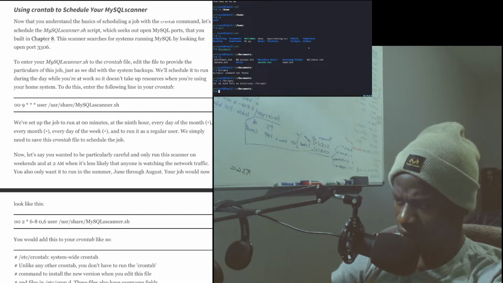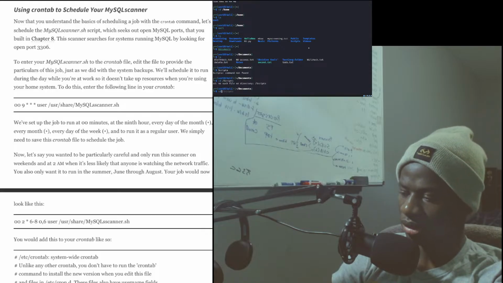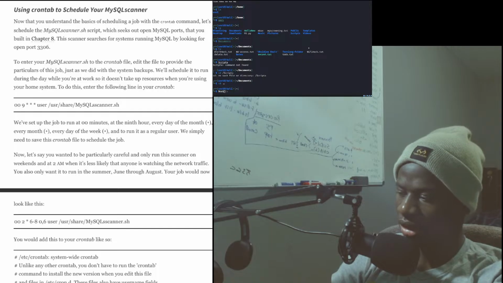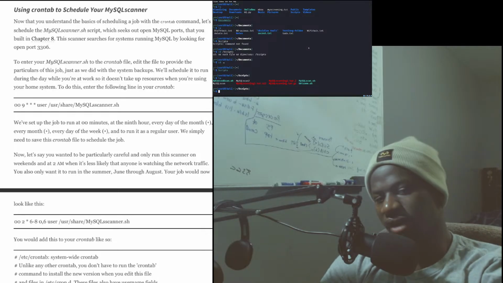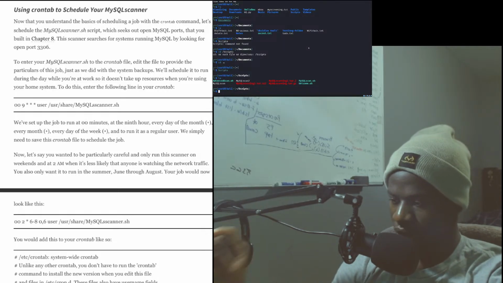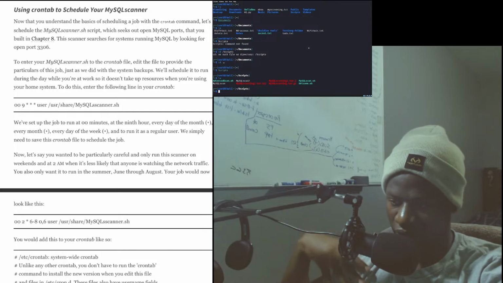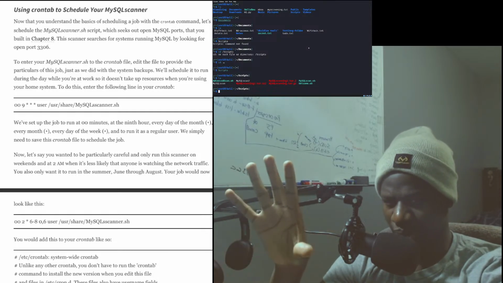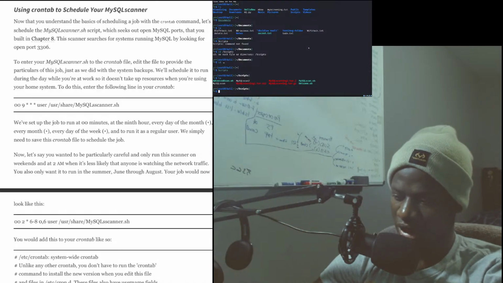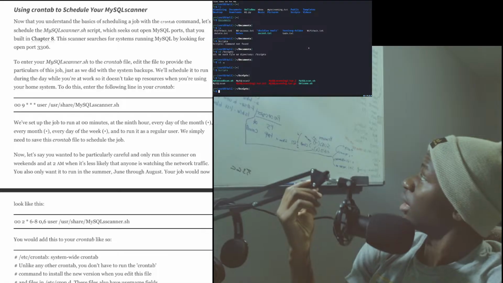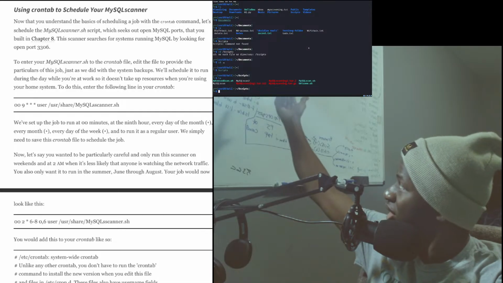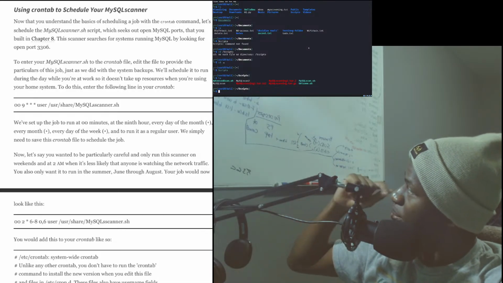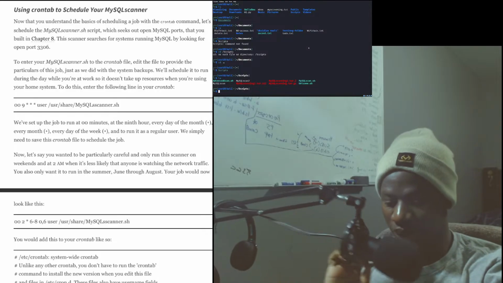Scripts. Wait, is that it? No, it is. It is. Oh, my bad. All right, and then scripts. Yeah. Okay. So we have it here. We also kind of made a compression. We compressed it using different compressing commands. So we used gzip, bzip, and compress. Ooh, we found it.